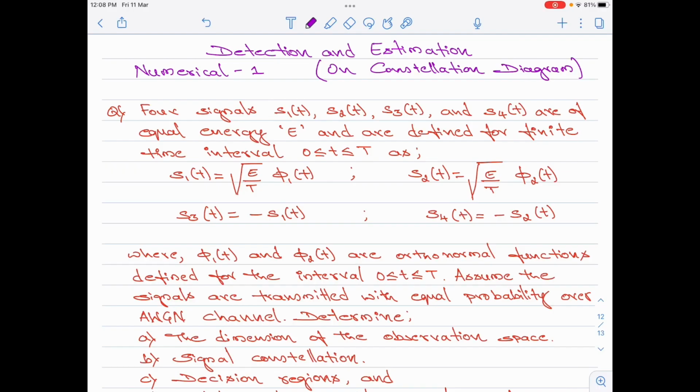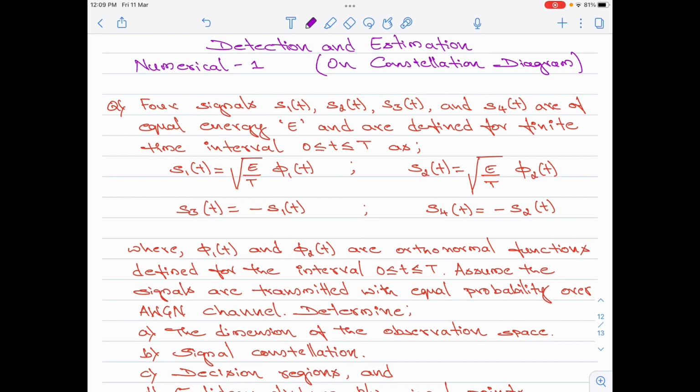4 signals S1 of t, S2 of t, S3 of t and S4 of t are of equal energy capital E and are defined for finite time interval 0 less than or equal to t less than or equal to capital T, and they are defined as S1 of t equals square root of E by capital T into phi 1 of t, S2 of t is equal to square root of E by t into phi 2 of t, S3 of t equals minus of S1 of t, and lastly S4 of t equals minus of S2 of t,